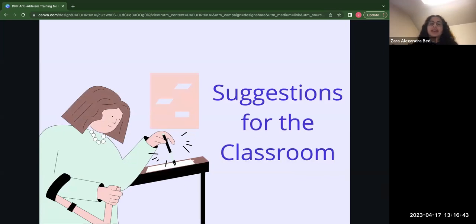This slide shows a person standing and writing at a desk and reads "Suggestions for the Classroom," which is our next section. There are many ways that you as instructors can improve the accessibility of your classroom. First, remember to center the social model of disability in your classroom and outside of it. Instead of viewing disability as an individual problem, see the societal challenges people with disabilities face and commit yourself to the work of helping to solve them. Most importantly, listen to the thoughts and opinions of disabled people. People with disabilities are the experts in their own situations, and they know what is best for them, so listen.